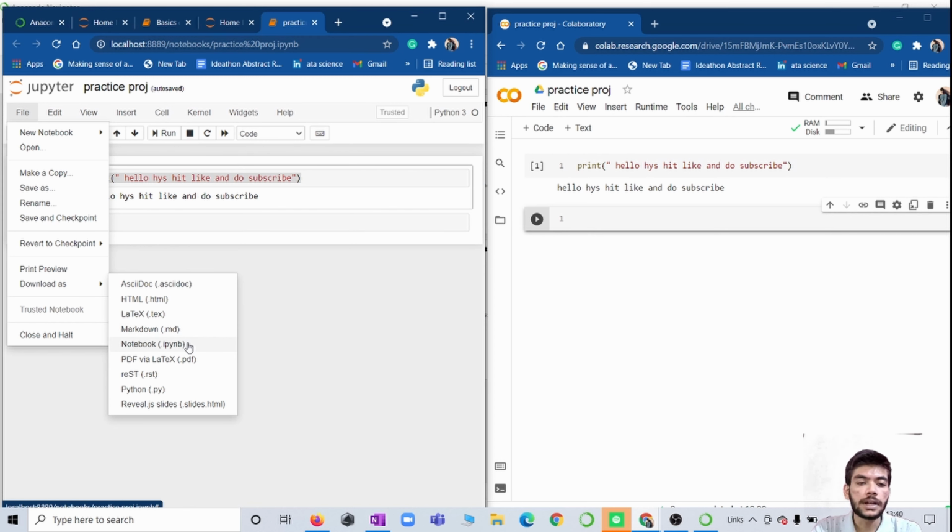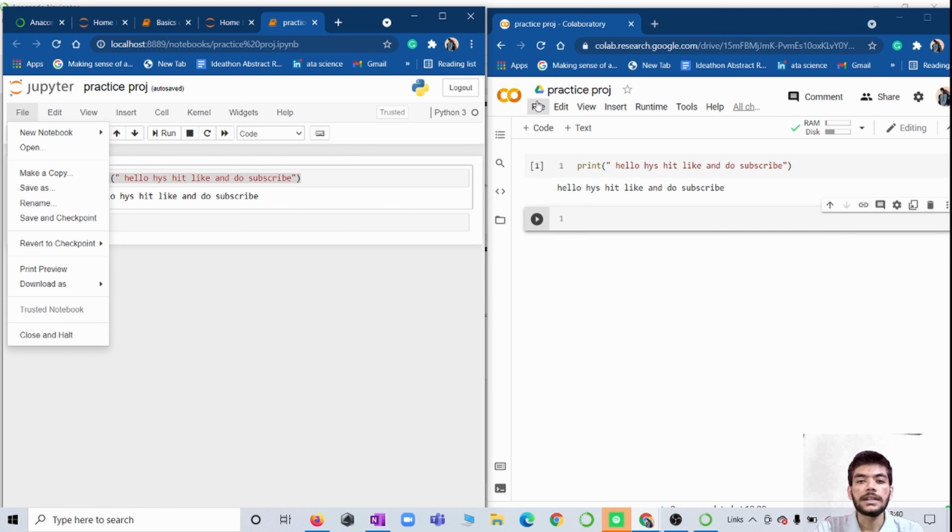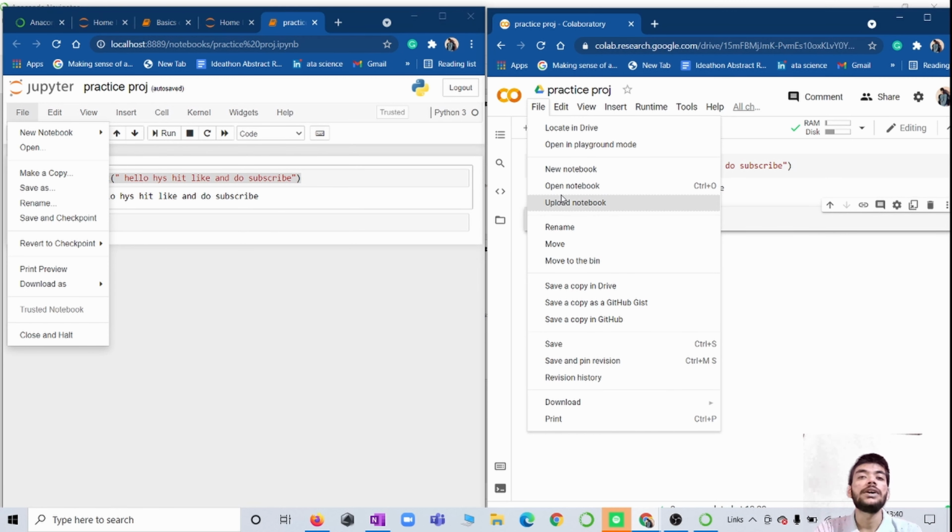If you want to download the direct notebook, that is IPYNB. Whenever you save your Jupyter Notebook file or Google Colab file, you can directly download it or save it in IPYNB, so that whenever you open the next file, it will open directly in PyCharm, Visual Studio Code or in Jupyter. That is the intact same format. You can also directly convert your code to PDF and so on. One thing about Google Colab I like is that you can directly share your code to GitHub.